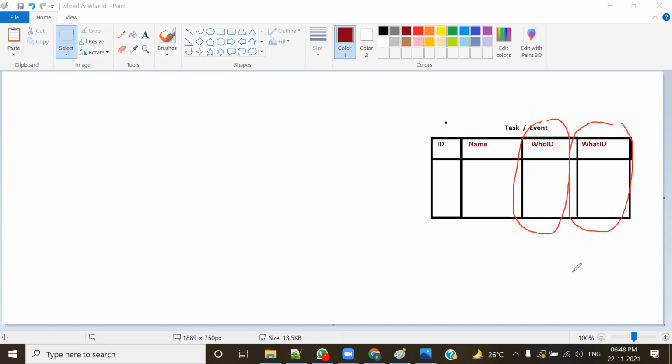WhoId, बोथ टास्क एंड इवेंट दोनों में है। WhoId, WhatId, these are your relationship fields. ये आपकी रिलेशनशिप फील्ड्स हैं। WhoId रिलेशनशिप फील्ड है, WhatId ये भी रिलेशनशिप फील्ड है। ये दोनों रिलेशनशिप फील्ड्स हैं, किसमें क्या रहता है वो बात की बात है। WhoId क्या है? रिलेशनशिप फील्ड है। WhatId क्या है? रिलेशनशिप फील्ड है।